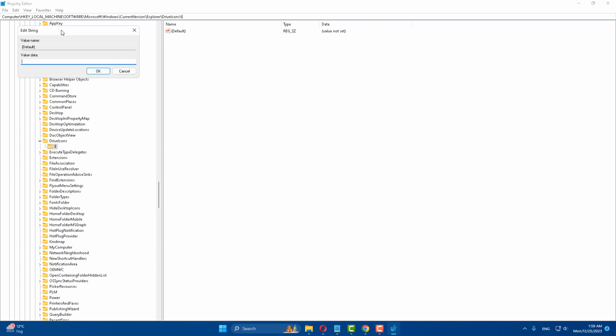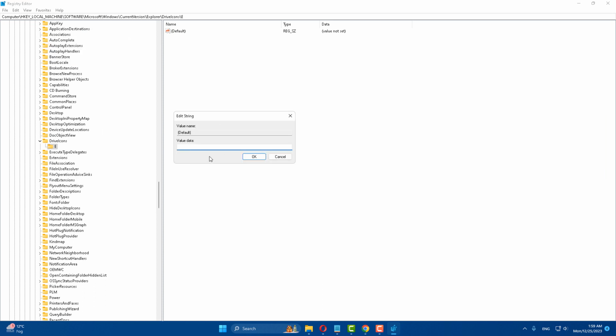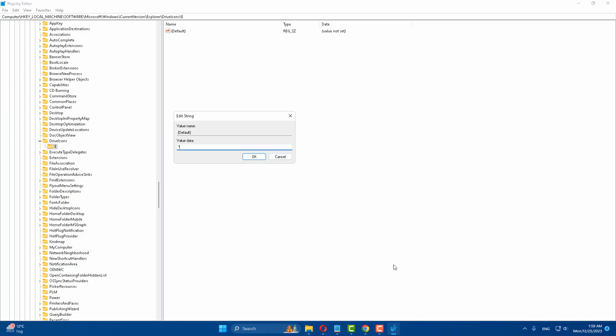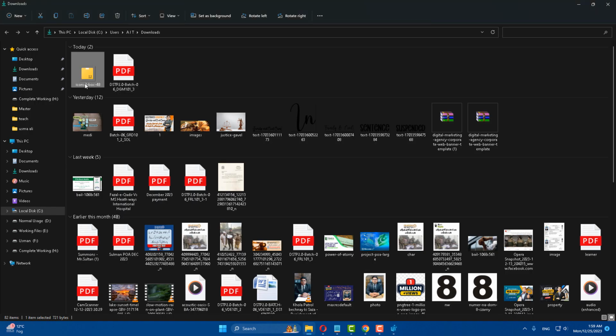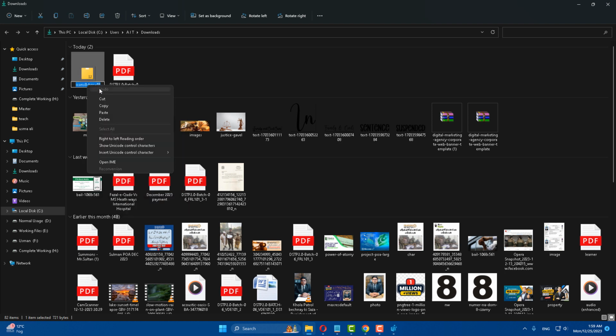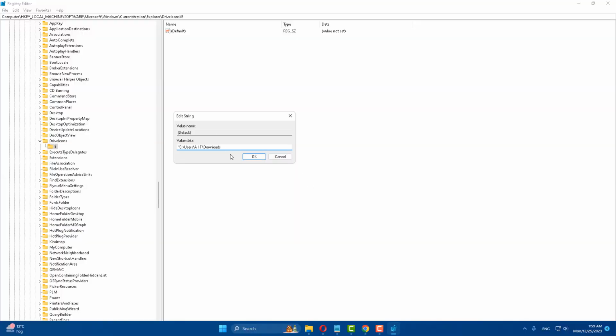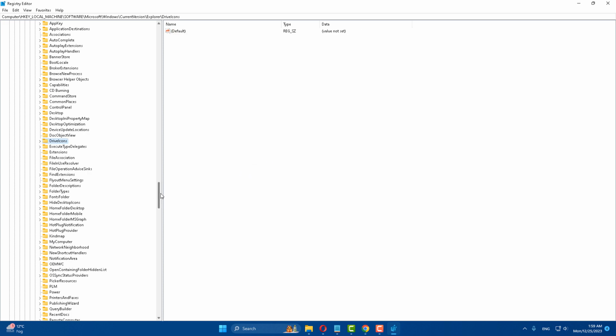click on open Default, and after opening that, first type double quotes. After that, copy the location and paste it. After doing that, go back, copy the name, backslash, and paste it, and close the quotes. Click on OK button, and after doing that,